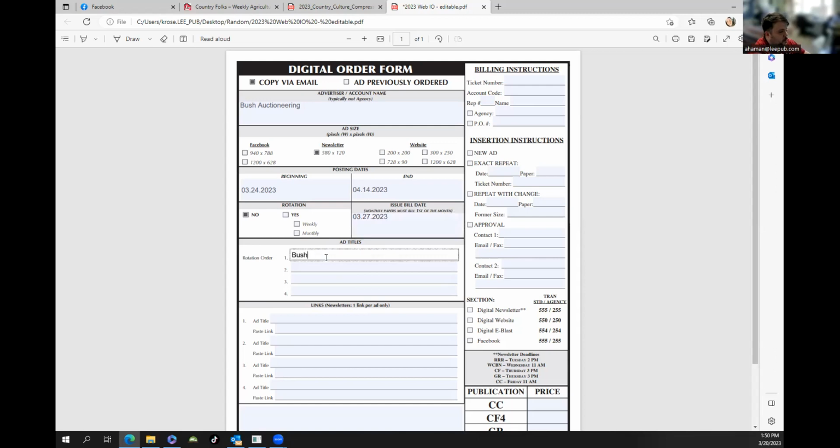And I'm going to do... actually, what the heck? We'll rotate. So instead of this, I'm going to choose yes. I'm going to go weekly. So we're going to say